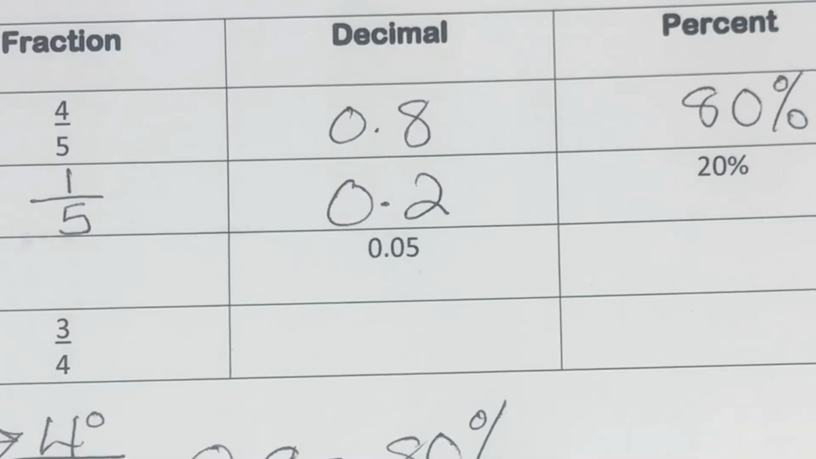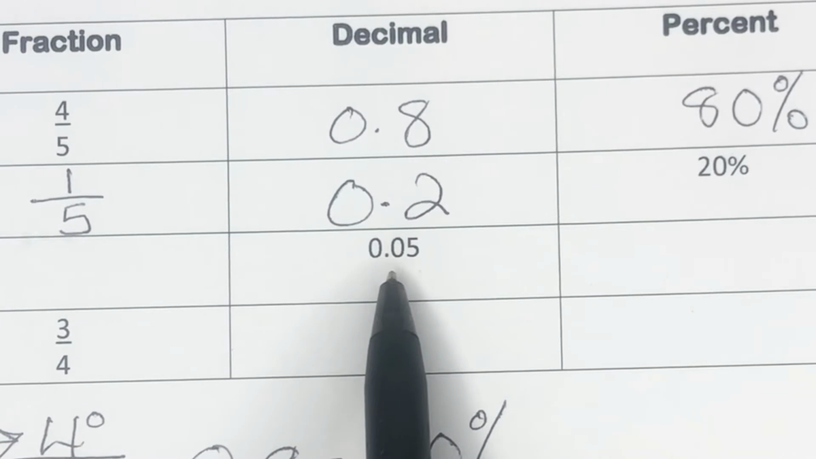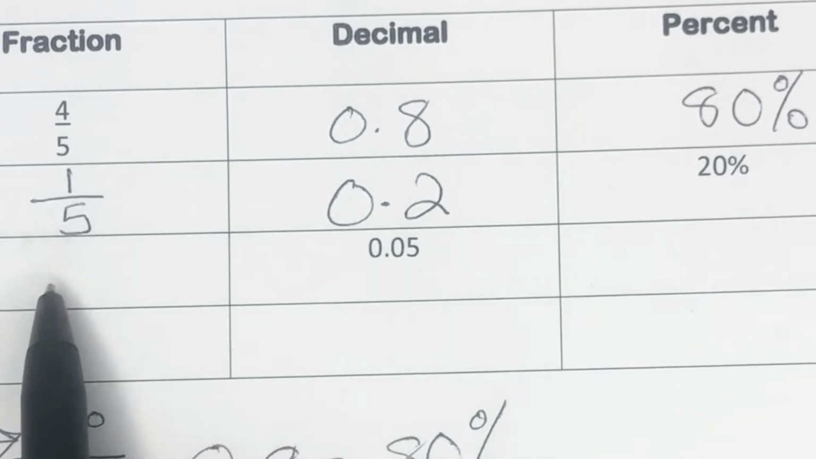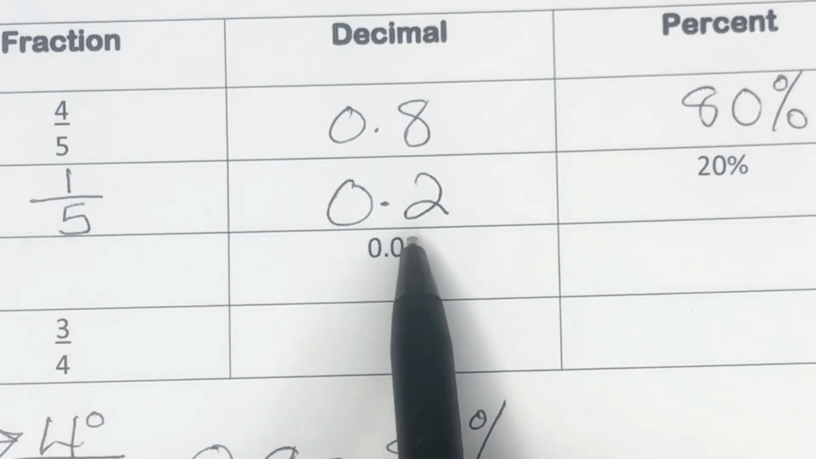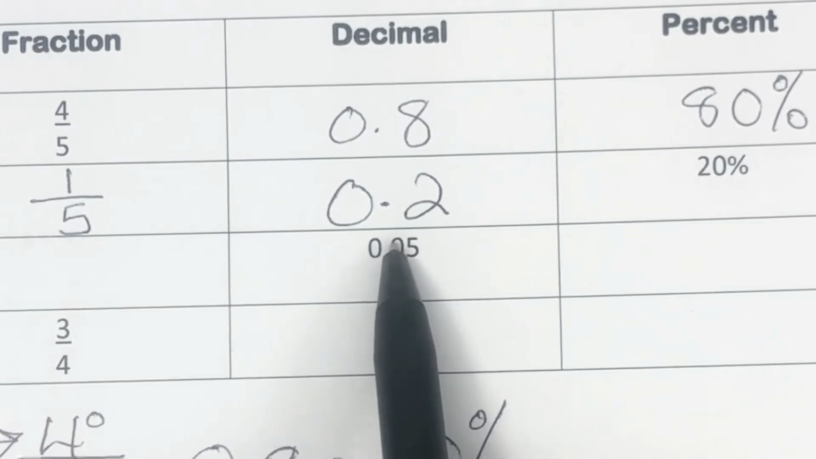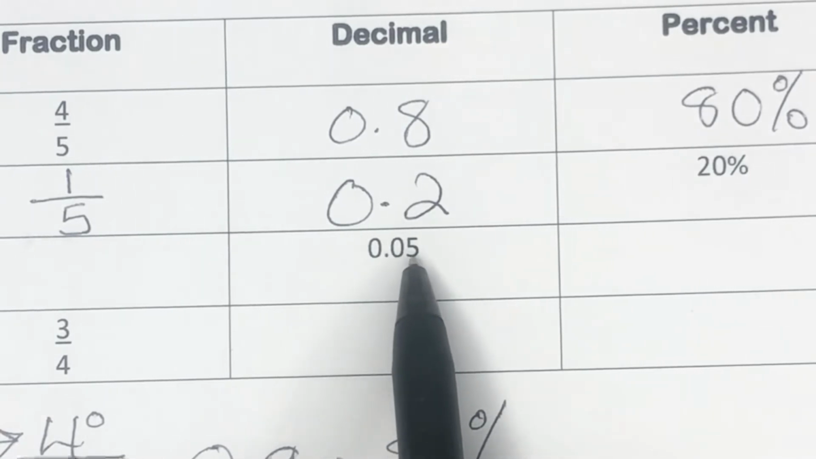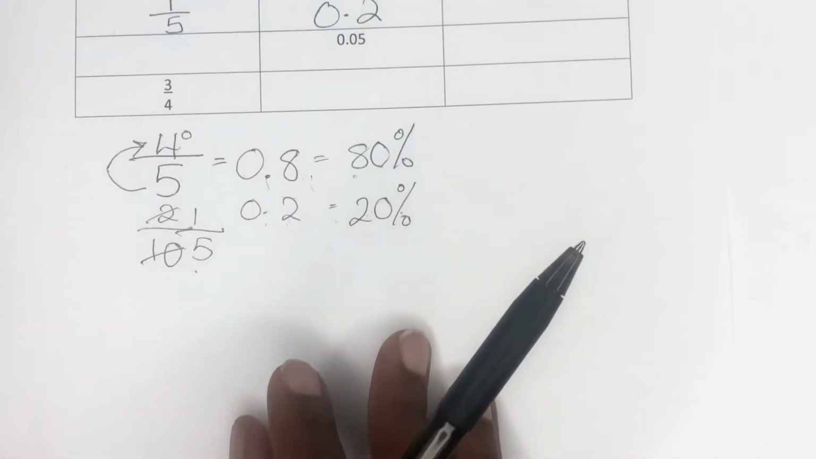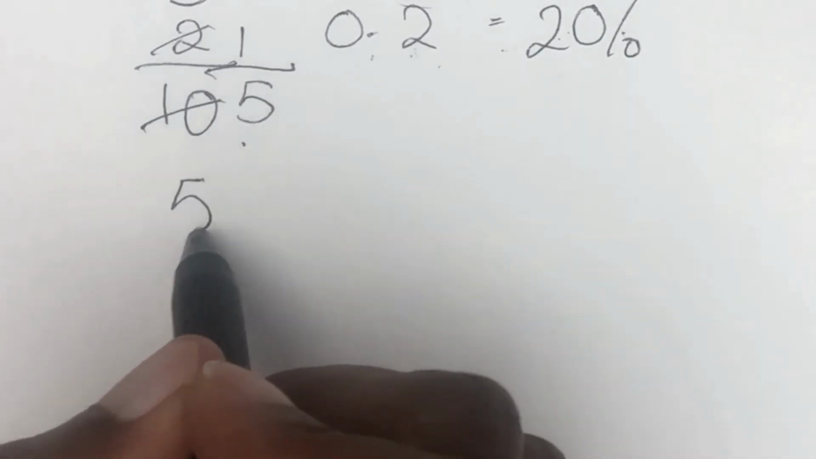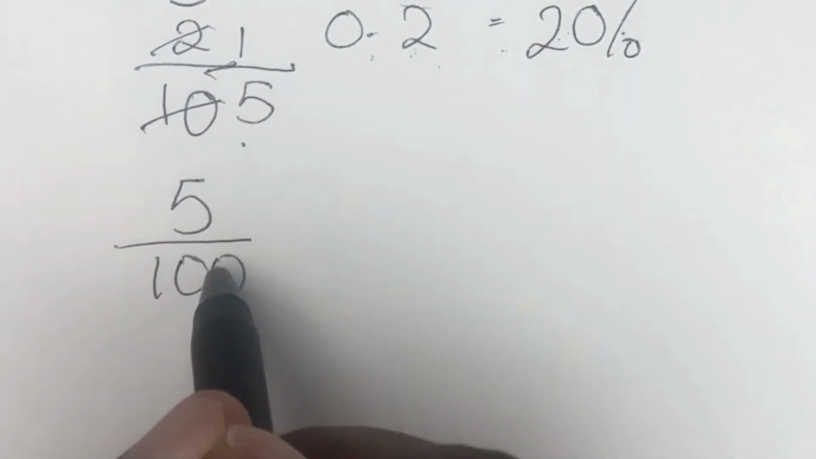All right, let's go for the third one. So we have 0.05. We want to make this into a fraction. Well, what place value is this in? So after the 10th place of the decimal, the next place is the 100th place. 100th, hundredth. So this is 5 hundredths. So if we write 5 hundredths here,